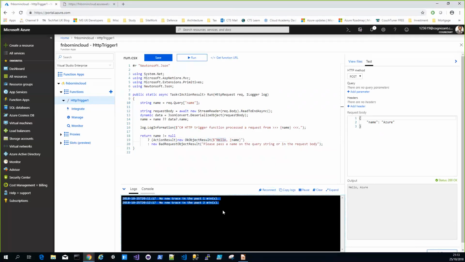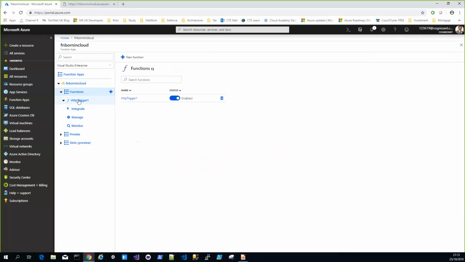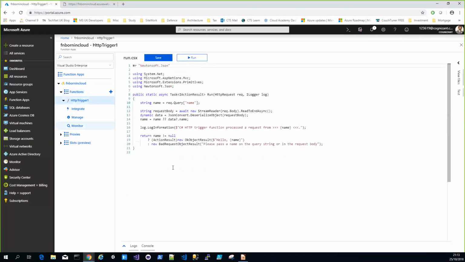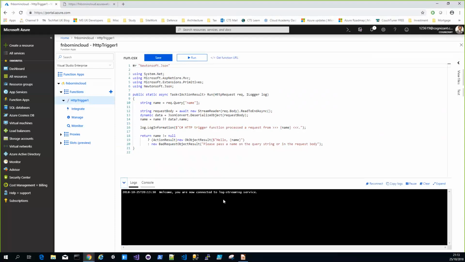Srijit, if you remember, you had asked it's very difficult to debug the error. Now this is one scenario like that, where it's actually supposed to say my name, and it was showing that before. Now why it stopped working, I have no clue, and I need to start looking into this in detail to see why it stopped working. And if you see what I've just done, I've refreshed the page, and as a result of that, I've lost my previous logs. You're now connected to streaming logs. Let's see if it works now.